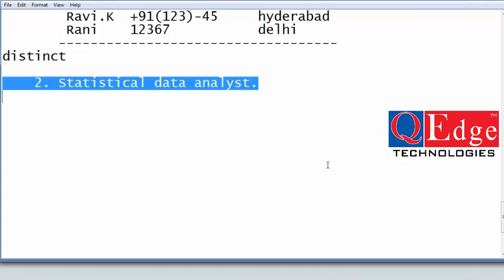So, briefly, I will talk about this statistical data analyst. Nowadays we are observing that, especially in the weather forecasting department, they make their own predictions. Tomorrow they will say it will be raining, but in most cases it will not rain. If they say tomorrow will be sunny, then tomorrow it will definitely rain. That means out of 10 predictions the weather forecasting department makes, 8 predictions will